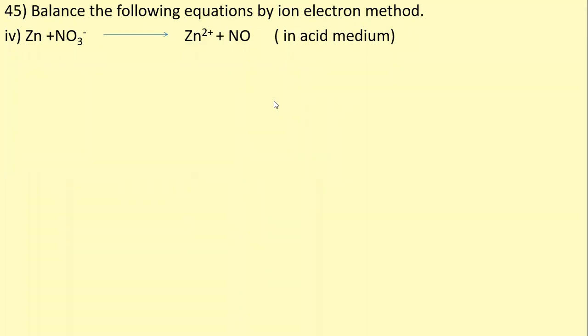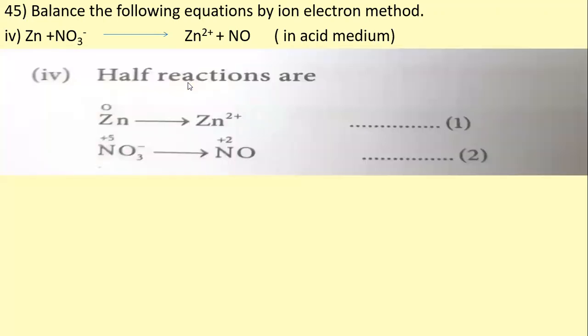Okay, so now we'll move on to the fourth problem. Here in the question they gave acid medium. We all know acid medium means we have to add H+ in the reactant side. In the product side, there will be the addition of water molecules, right? See now, we first go for the half reactions. That is simply, we have to check which will be the oxidation and which will be the reduction reaction.